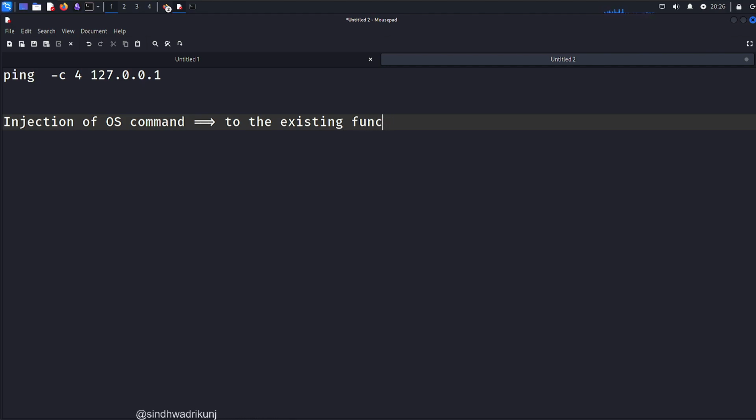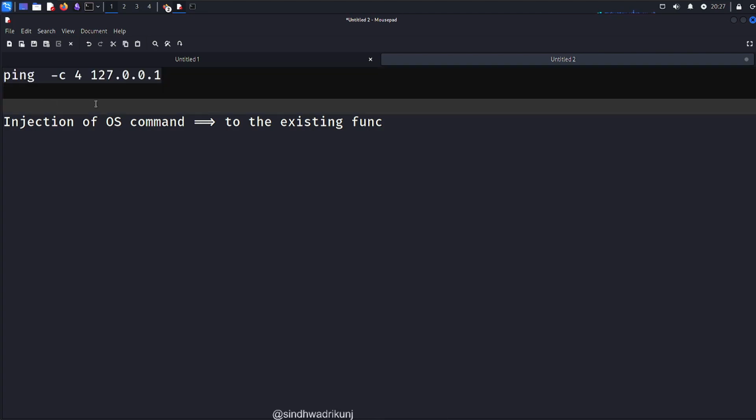Here, the existing functionality concatenates my user input with the existing code that will eventually be executed through the shell exec function. Now, assume that I'm injecting additional characters next to this particular line. Of course, it will consider this entire thing as a command and execute it through the shell